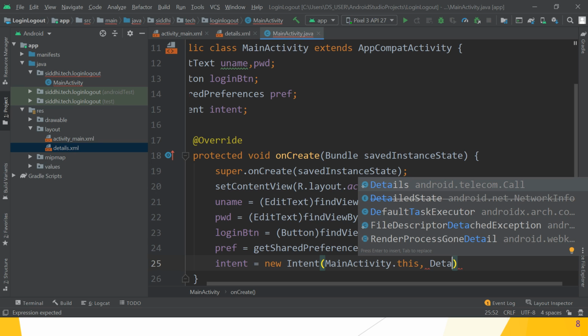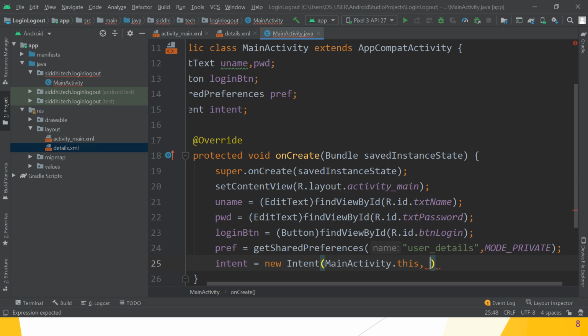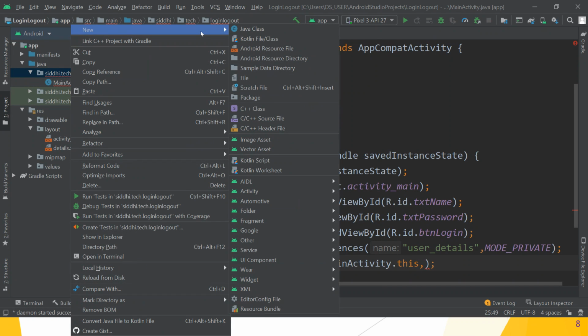But we cannot create that activity yet, so we create the second activity first, because its reference is here. So go to your Java file folder, then Siddhi Take Logout. Great. After that, inside MainActivity, create the new Java class.